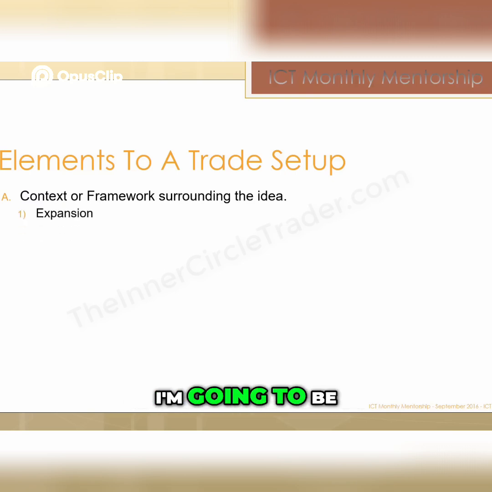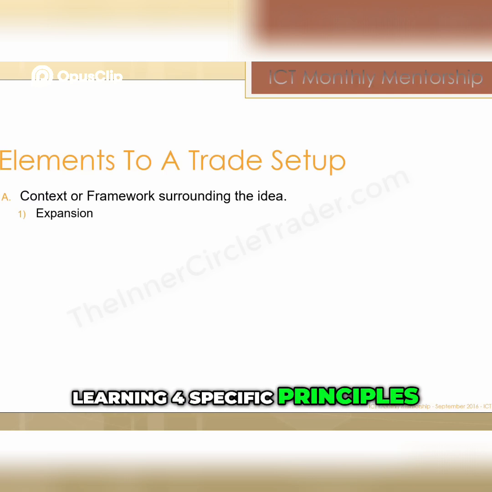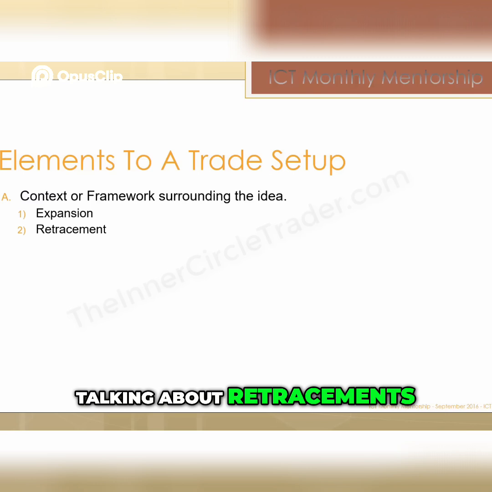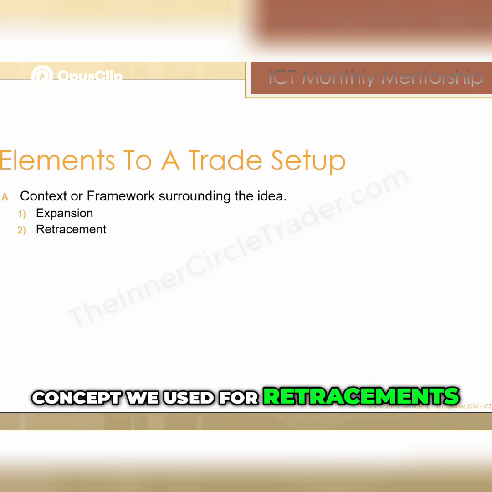In my material, we're going to be learning 4 specific principles, and we're going to be dealing with them in general terms, and then what we do in those conditions. What are we specifically pairing up with in terms of the ICT tools? The first one is going to be expansion. Okay, we're going to talk about expansion and what we look for in that condition. We're going to be talking about retracements and what tool or concept we used for retracements,